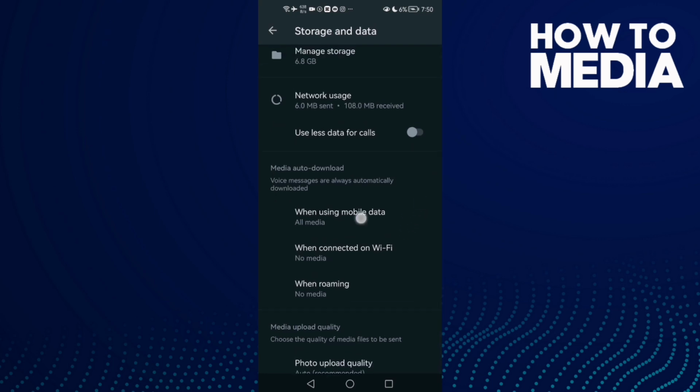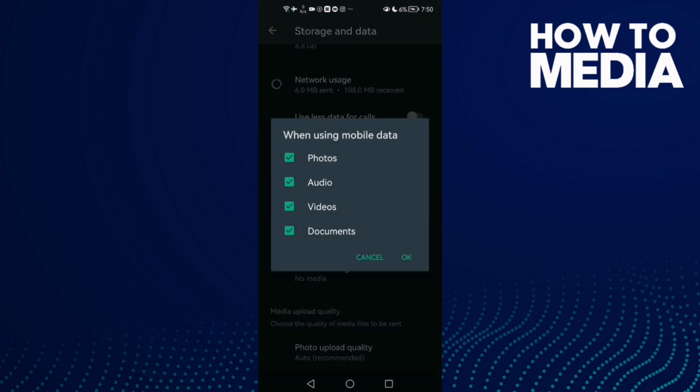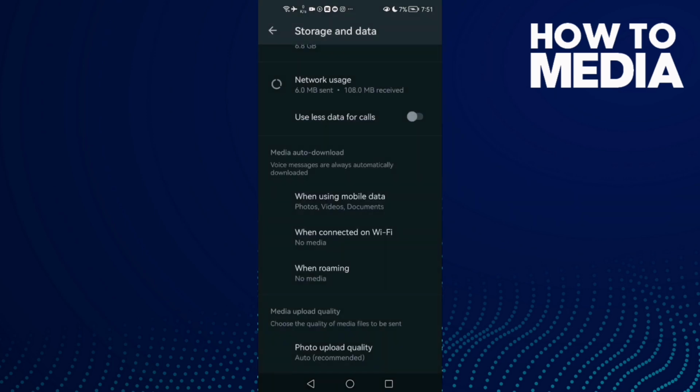and then click this one, when using mobile data, and here you will find audio. Just click on it, and as you see, audio has been turned off. Now just click OK,